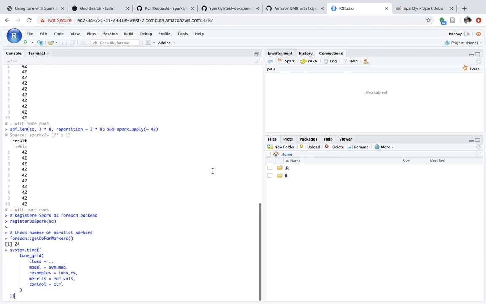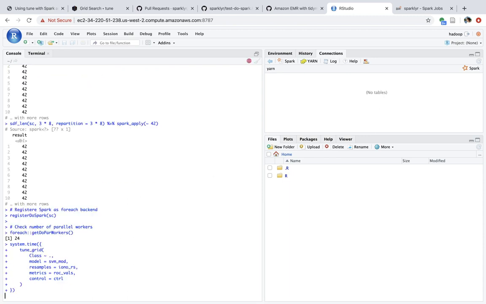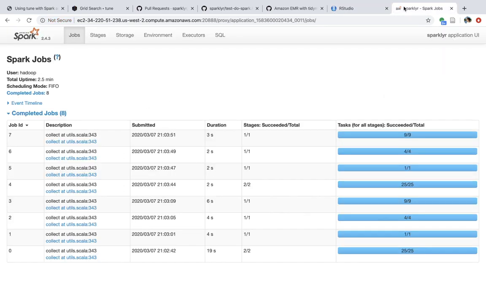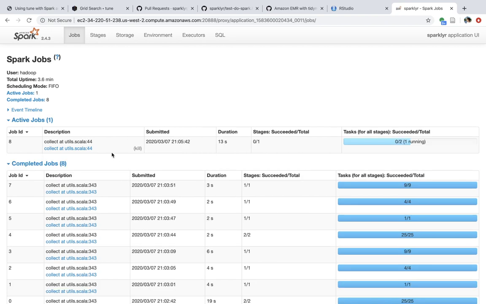Which looks as follows. So we're going to run it. And again, there's really no change, but the tune package basically makes use of foreach. And now we're registering Spark with foreach, so it should all just work nicely. And if you refresh Spark, you should be able to see that Spark is